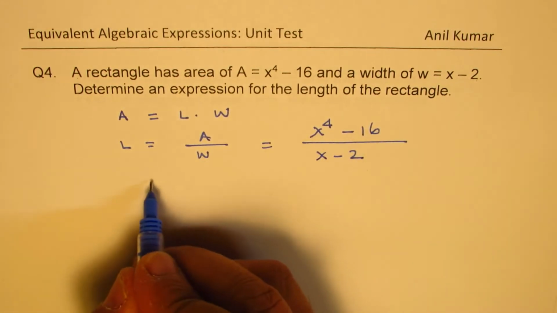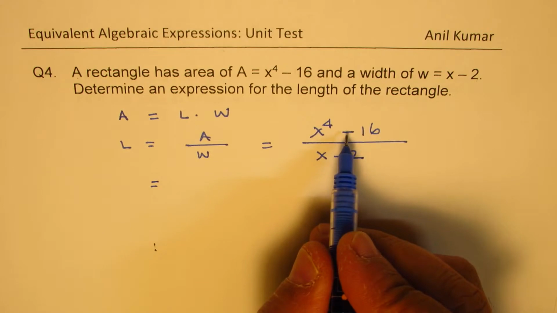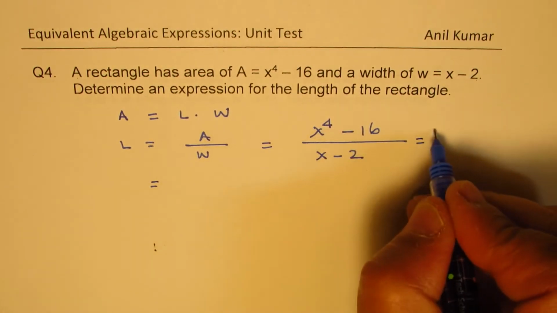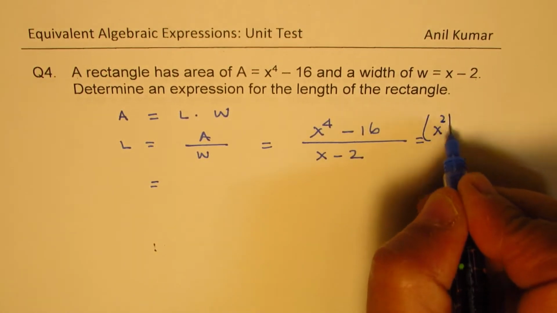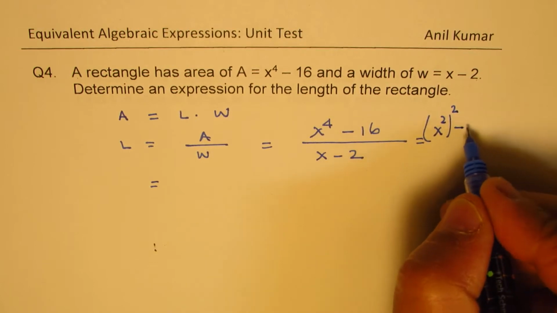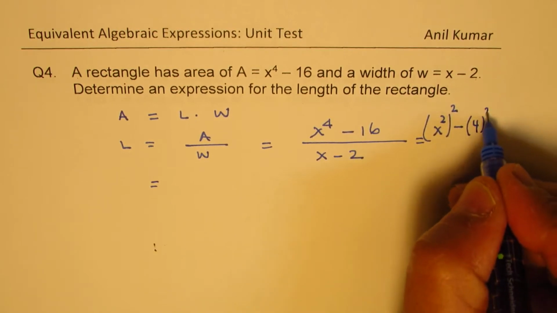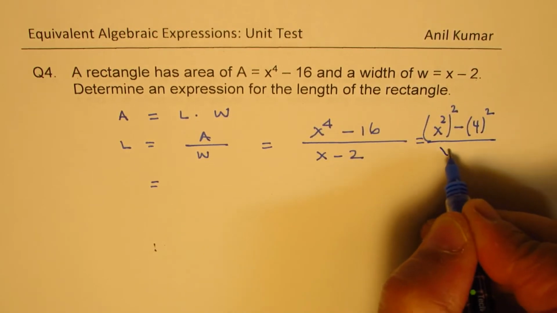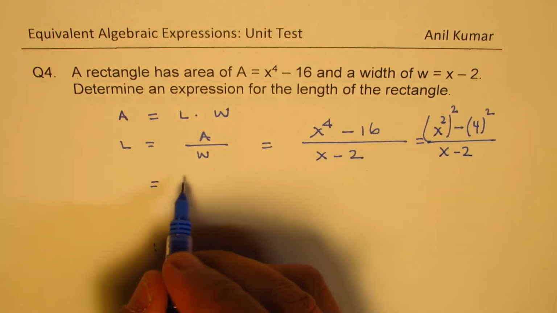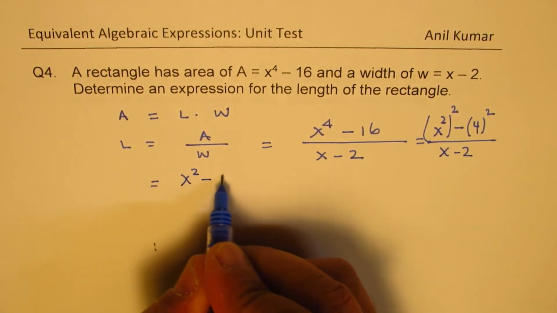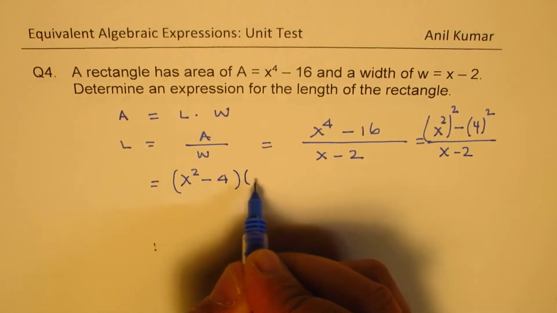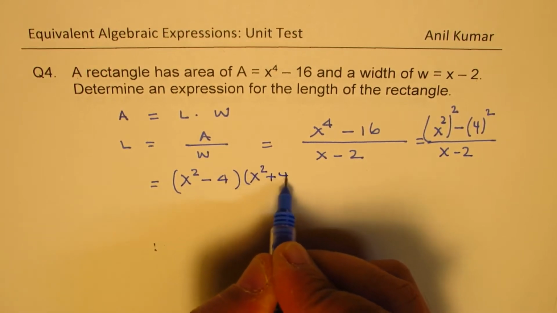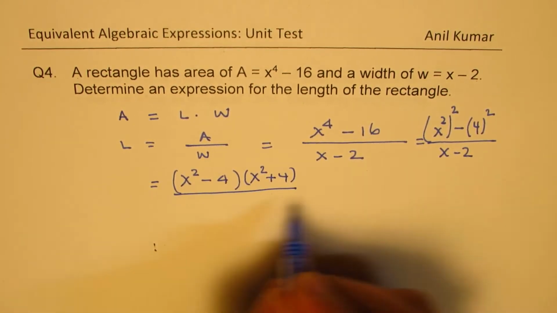We'll factor this, right? We can factor this with difference of squares. See, this could be written as x square whole square minus 4 square, correct? So that is what you need to factor using difference of squares. So we get this as x square minus 4 times x square plus 4, and the denominator here is x